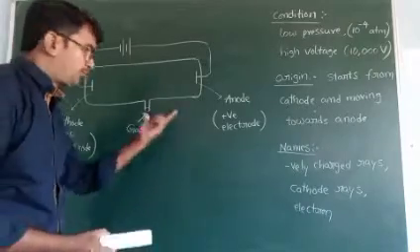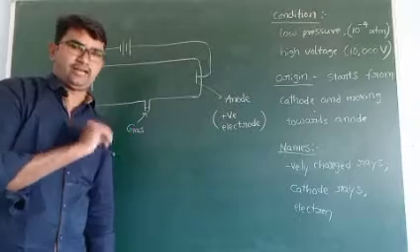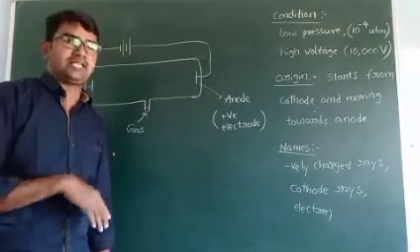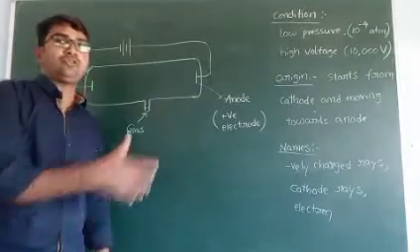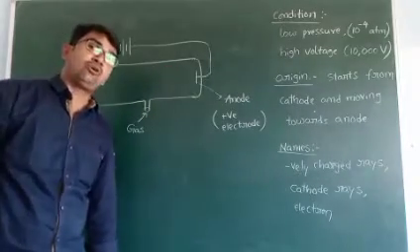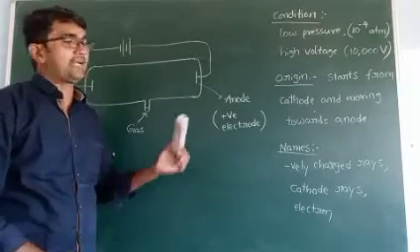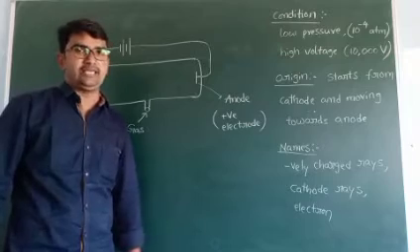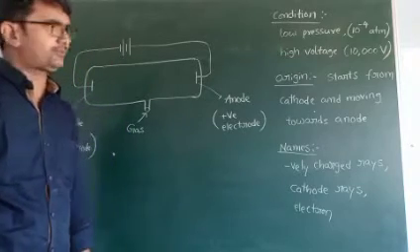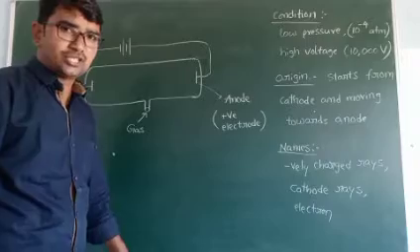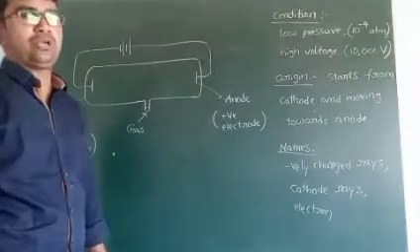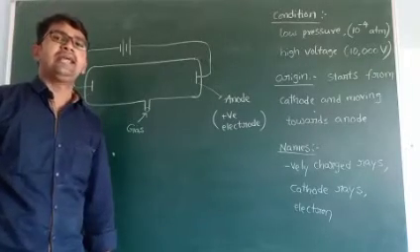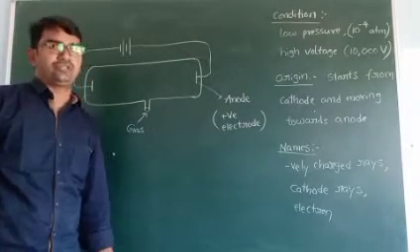The important points up to this one: first, who has discovered the electron? G.J. Stoney. Who has suggested the name of the electron? J.J. Thomson. What is the experiment used for the discovery of the electron? Cathode discharge tube. What condition is suitable for the discovery of the electron? Low pressure and high voltage. What is the origin of the electron? They start from the cathode and move towards the anode. And what are the different names of the electron? Negative rays or cathode rays.